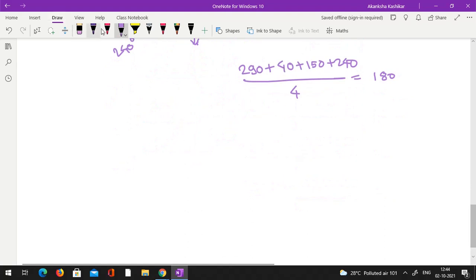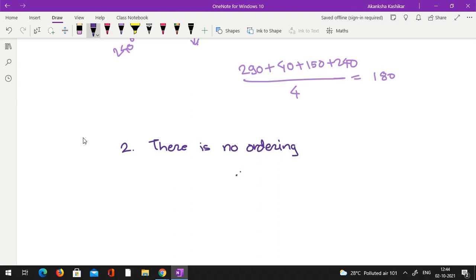Another important point is, because the representation is not unique, there is no ordering. Hence all the rank based methods are out because you can't order the observations. So you don't know whether you go from this direction or from this direction. Depending on that, the order would change, and hence rank based methods cannot be used because they all need ordering.